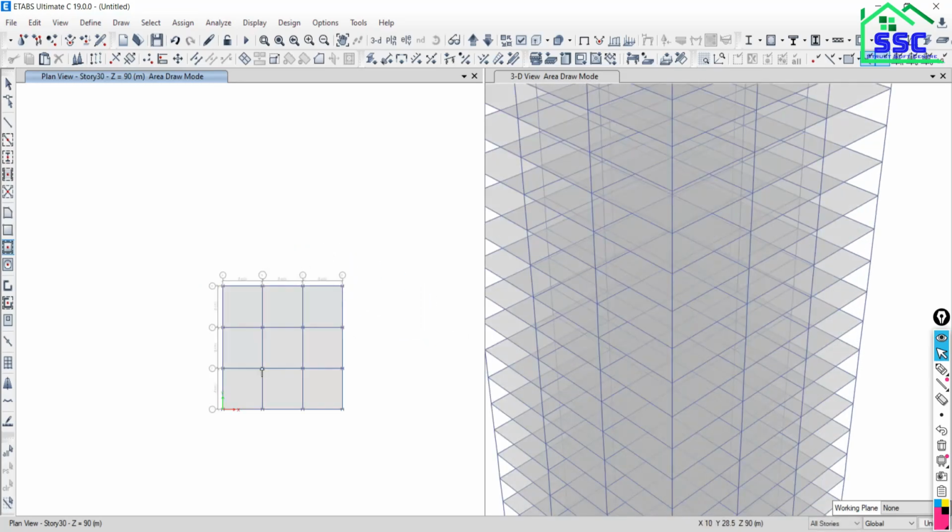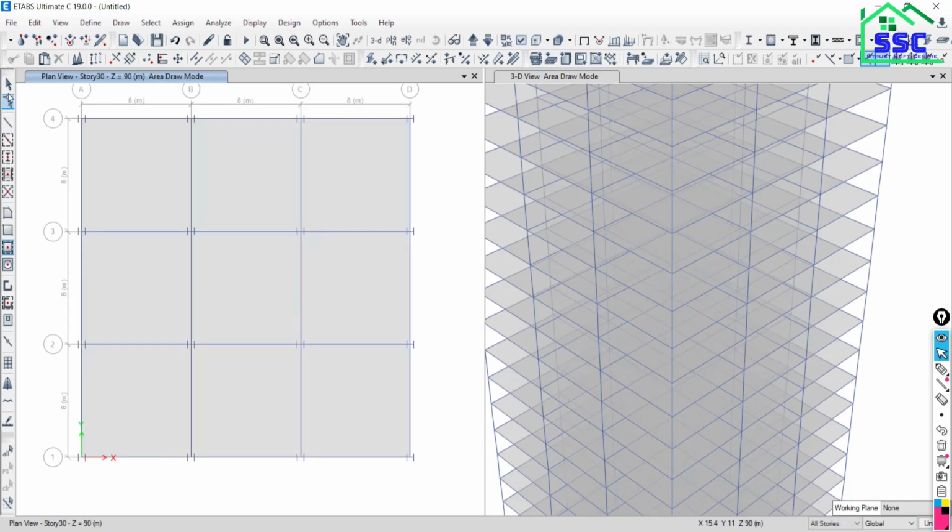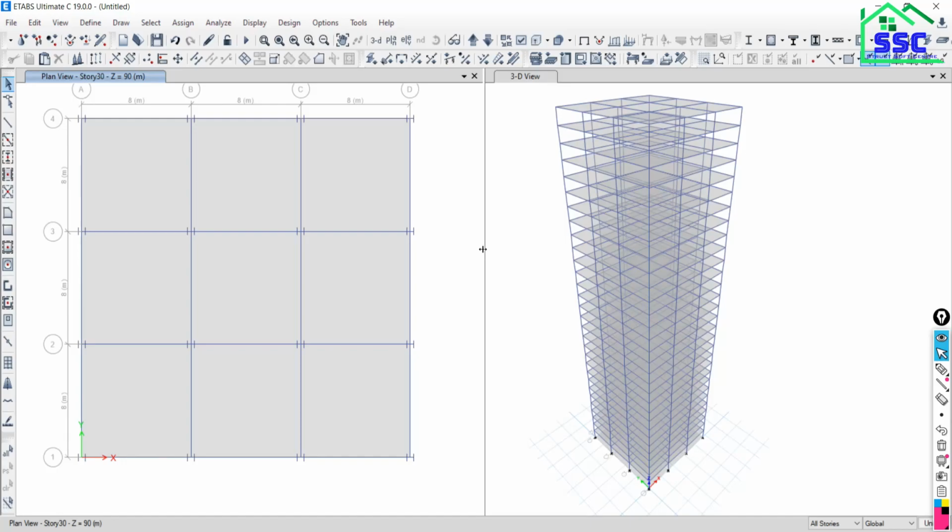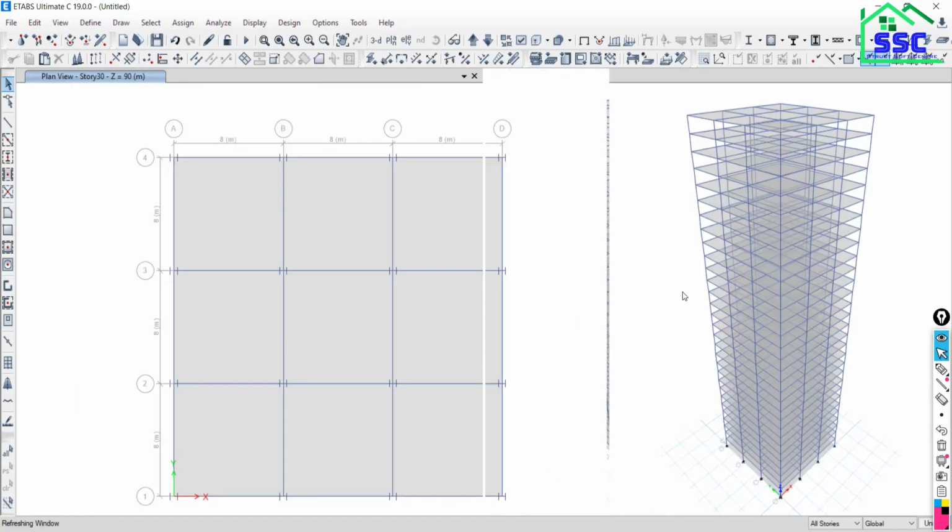Okay, it's visible to all of you. Just look over the plan view, and at the same time you also have to concentrate on the 3D view.